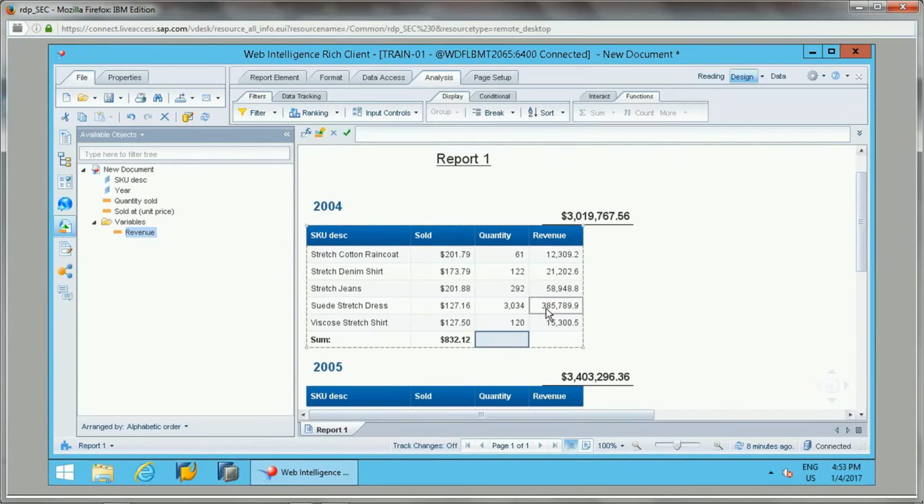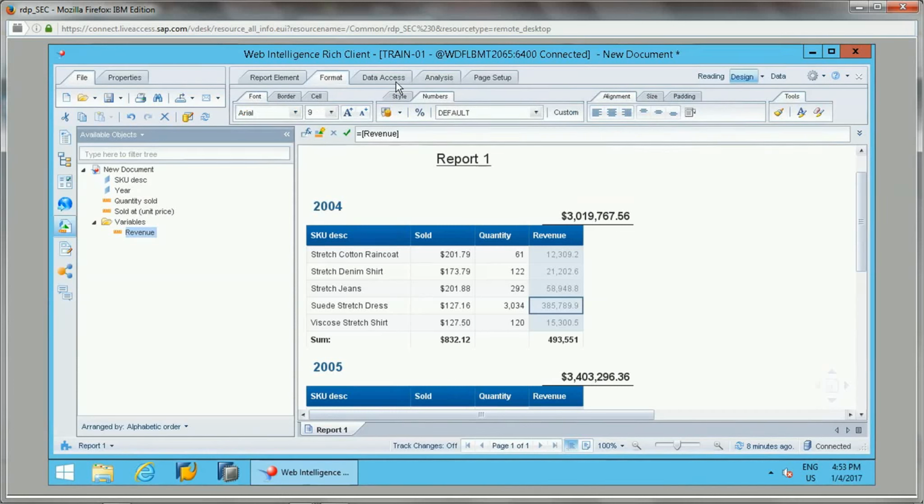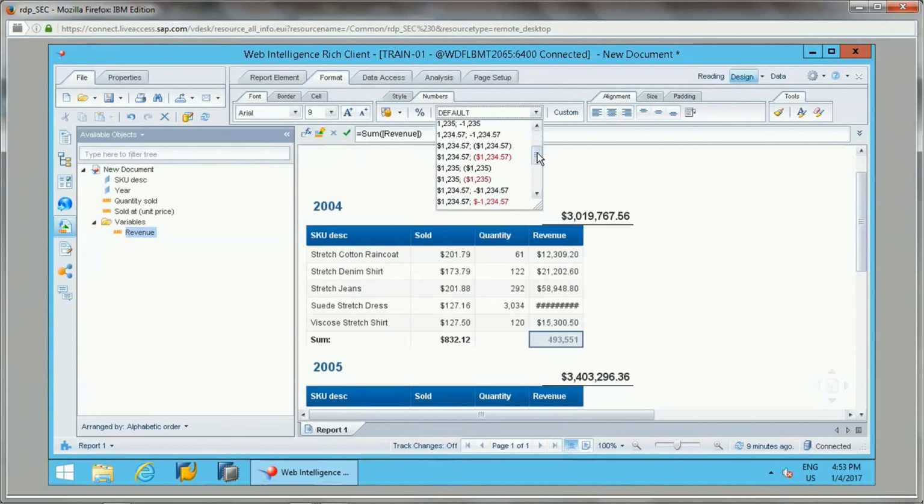Okay, and I will add a function here. I just formatted it with the currency format so that it will look good for revenue.